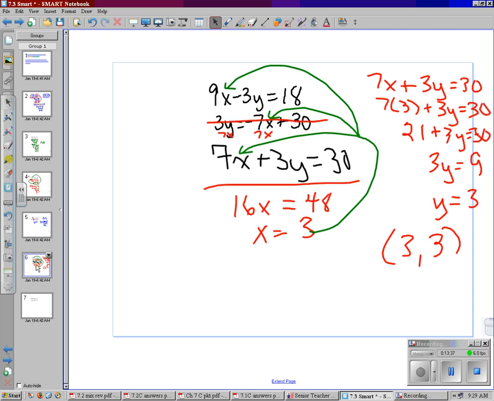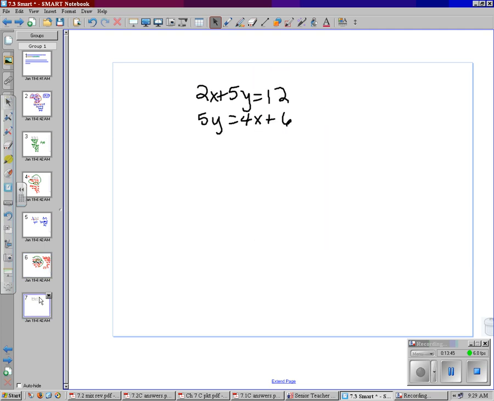Any troubles there? Any troubles at all? Do we need another one like that where we have to move variables over? No? Okay. Then I'm going to stop this